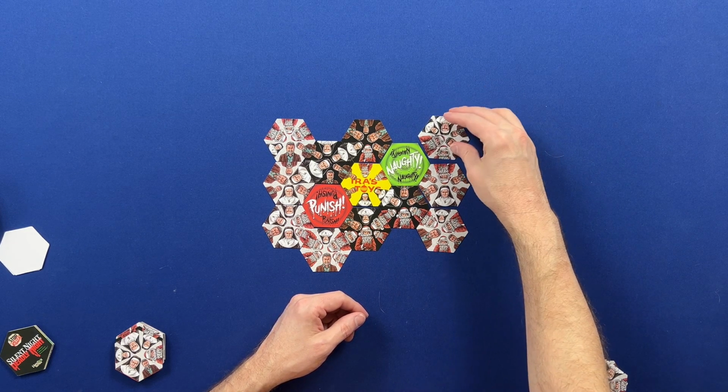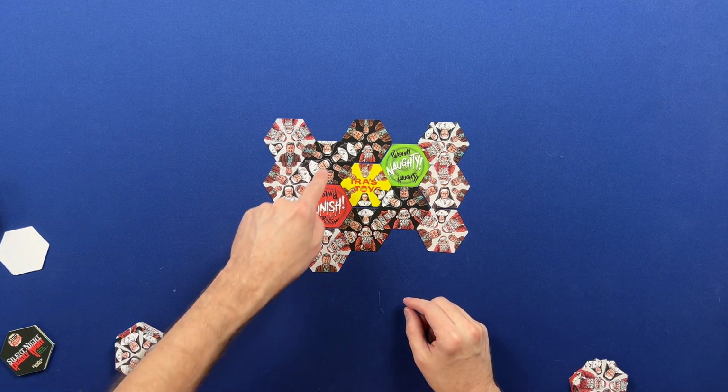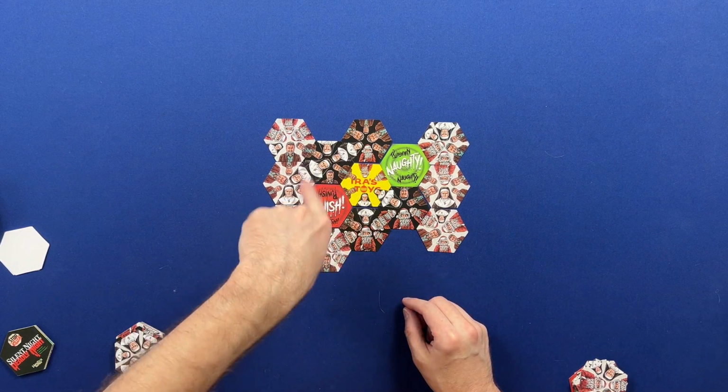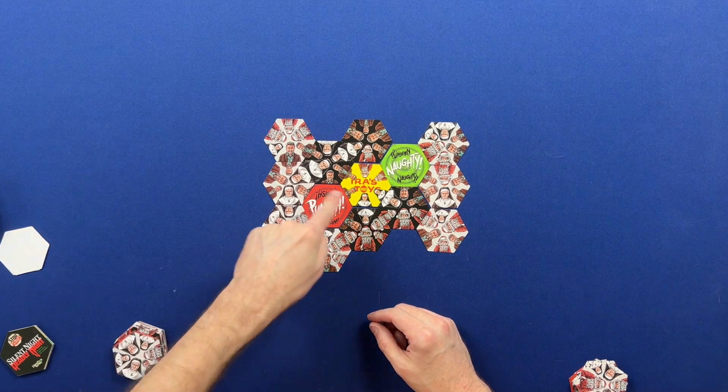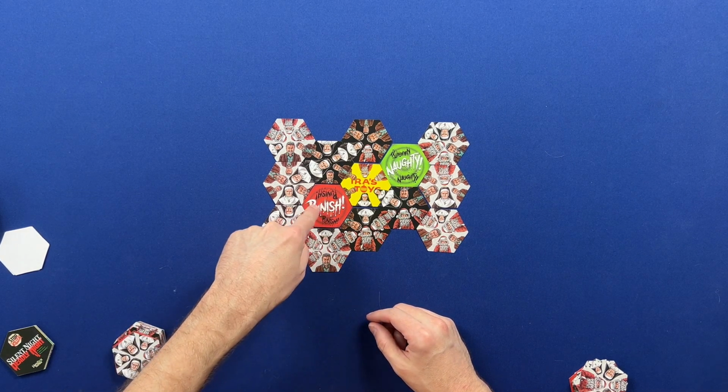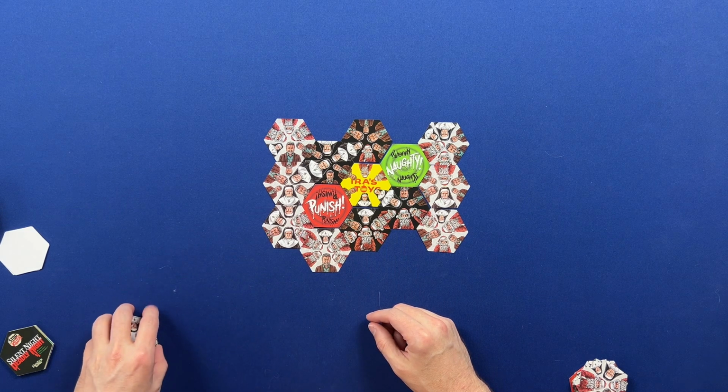Wrong color. It doesn't really matter which color you use, but like I said, I like to have one circle be one color and one circle be another color. Now, right here, you notice how I've completely surrounded this punish card? I can actually remove it from the game,